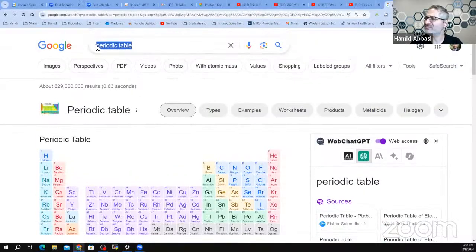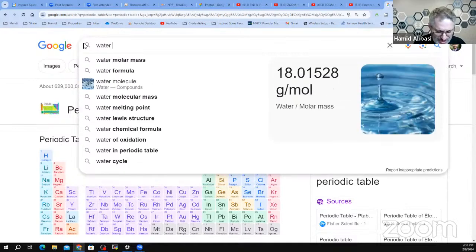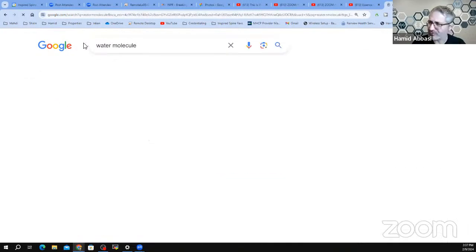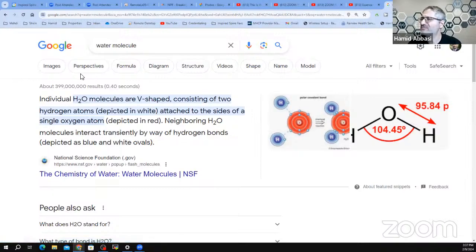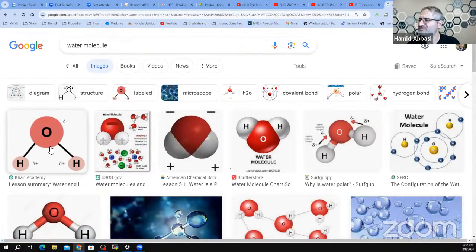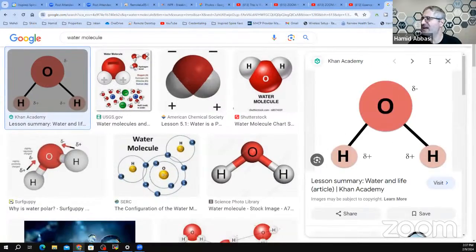The water molecule itself has a polarity. What do I mean by that, Misha, when I say the water molecule has a polarity? I guess polar bonds. No, the water is made of two hydrogen and one oxygen, right? Let me share this with you here. The water molecule. So here it is. Do you see it now?